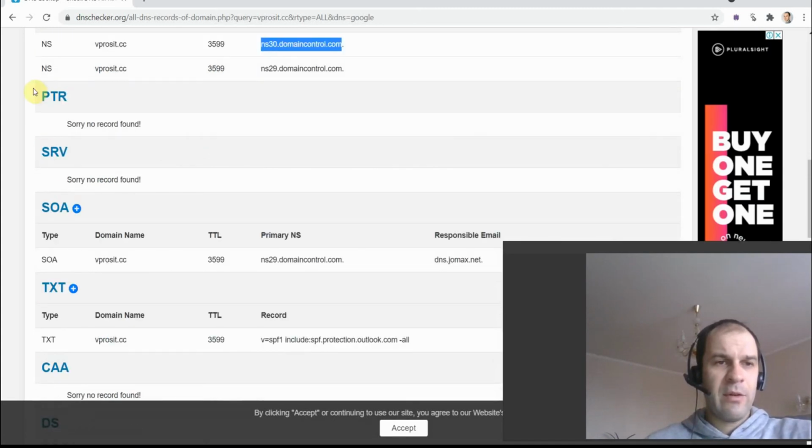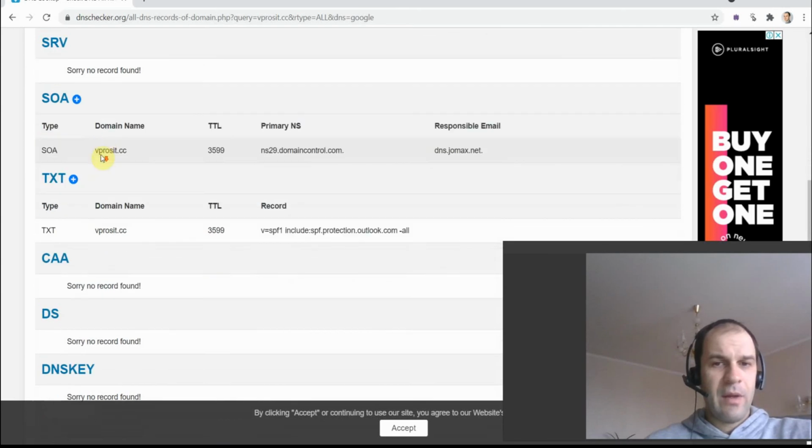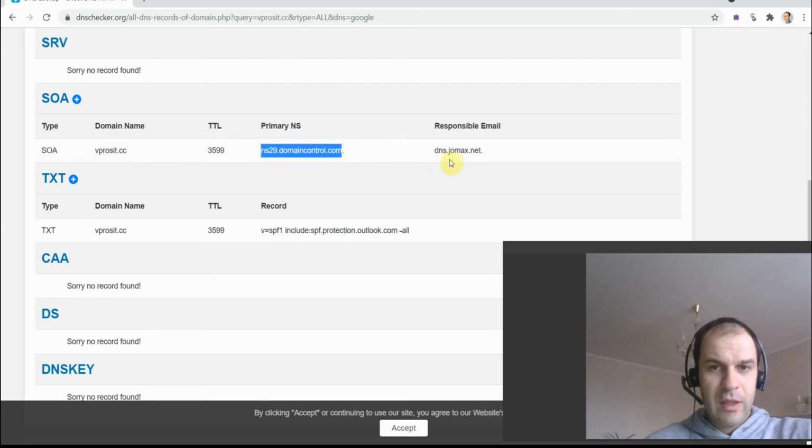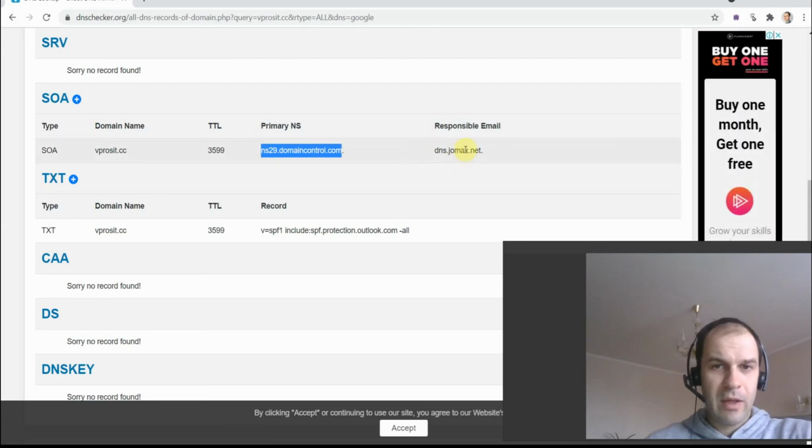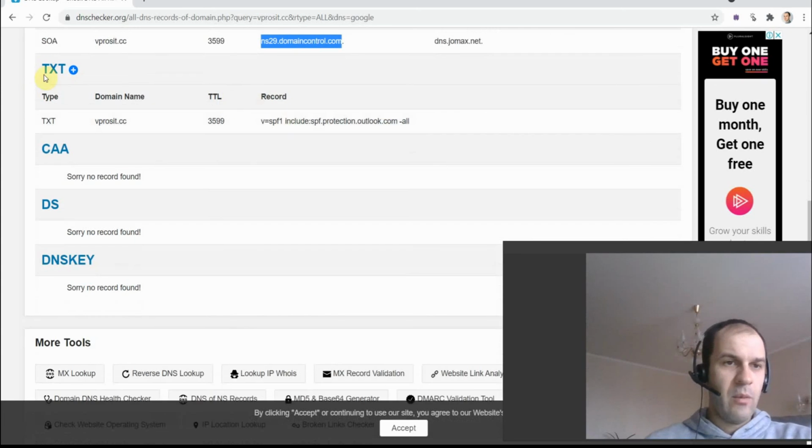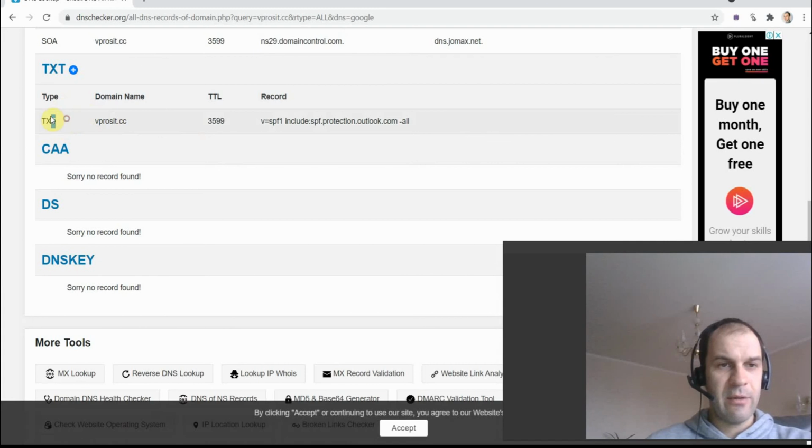Then we have SRV records, PTR, they are not created. This record is also SOA, and this one, you see, it also points to domain control, and it's probably a Microsoft thing. And one more record which is interesting here is this TXT record, right? And this TXT record, it points to also SPF